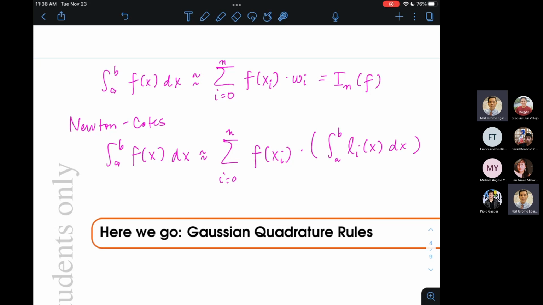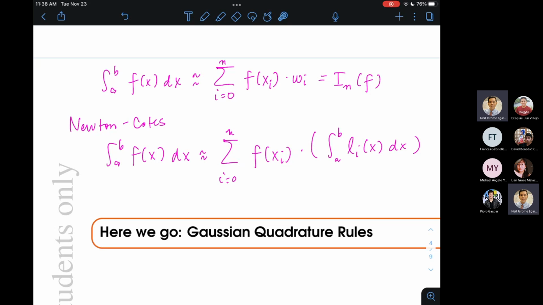So it's still a quadrature formula, except the weights are determined by the integral of the Lagrange basis polynomials. Now we will look at another class of quadrature formulas. This time we will use a different set of weights. And actually this is quite different because this will rely on you having access to function values